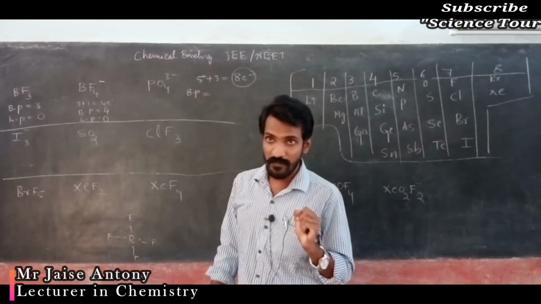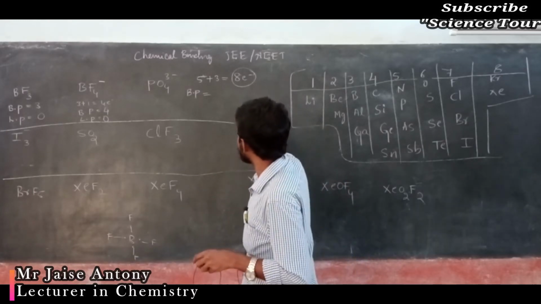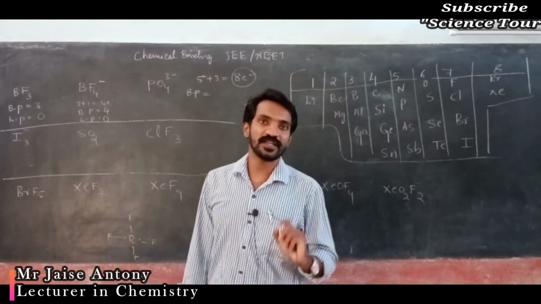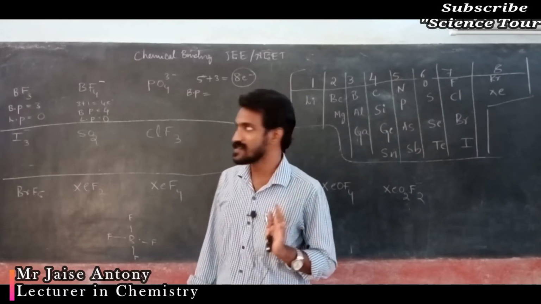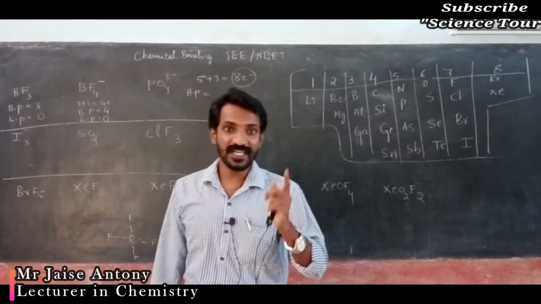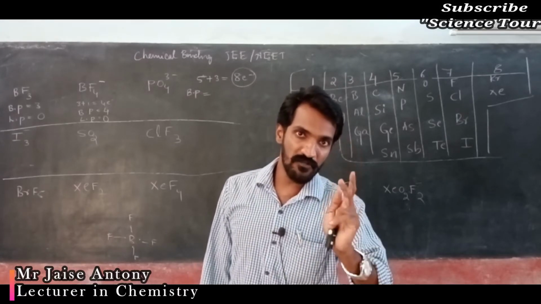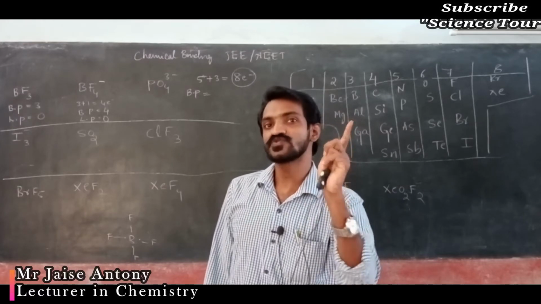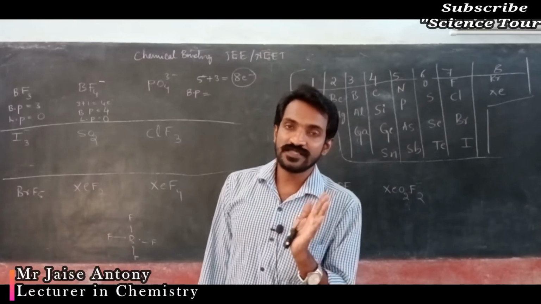Then if we are asked how many bond pairs there are, it is not possible to write 1, 2, 3, 4, 5, 6, 8 bond pairs. It is not like that. My dear students, when you write a double bond or triple bond in VSEPR theory, note down, it is treated as a super single bond.